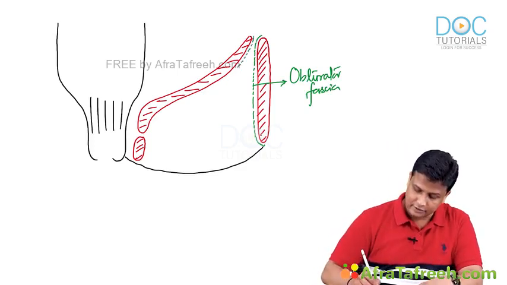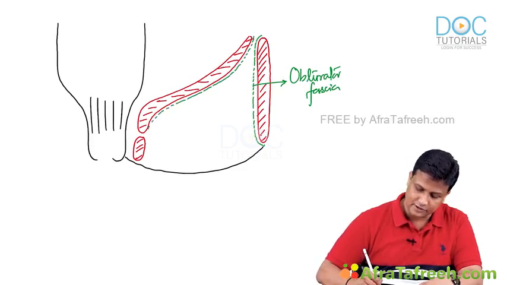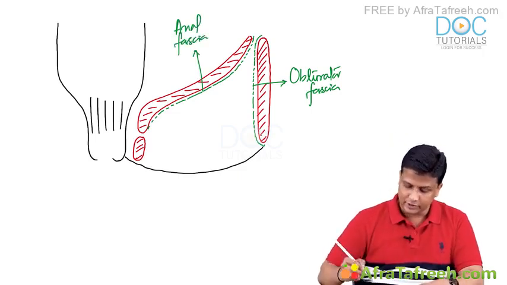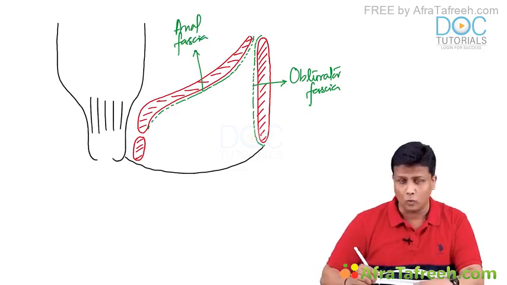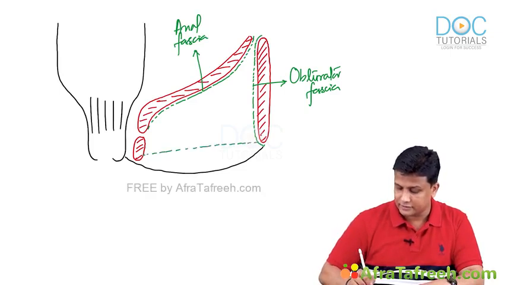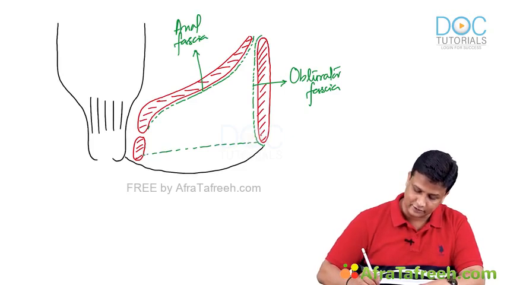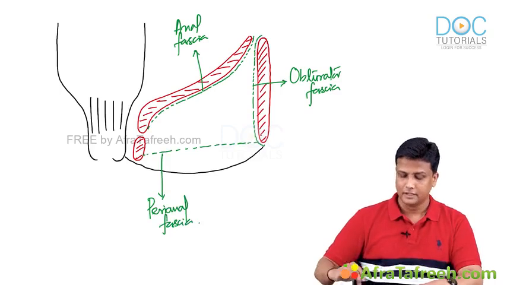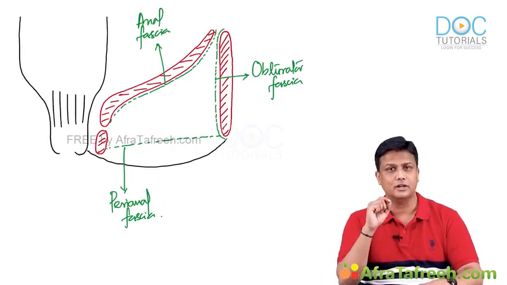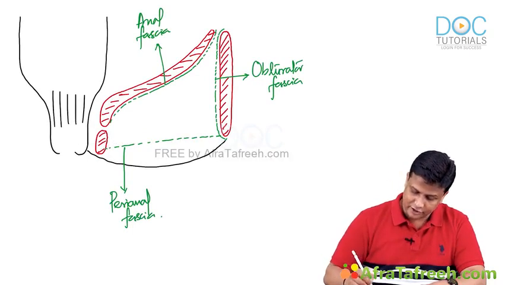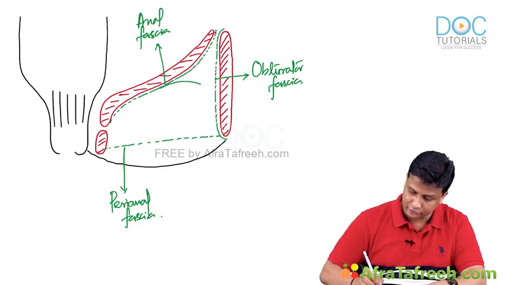Similarly, the levator ani muscle is also covered by a fascia here, and this fascia is referred to as the anal fascia. And then one more thing, there will be one more fascia here from that white line of Hilton. From the white line of Hilton, there will be one fascia going transversely here like this, and this fascia is referred to as the perianal fascia. So there will be obturator fascia, the anal fascia, and then the perianal fascia. And connecting these two, the anal fascia and the obturator fascia, somewhere here there will be one more fascia